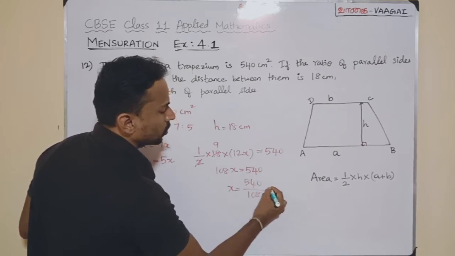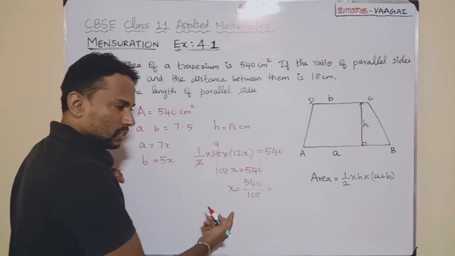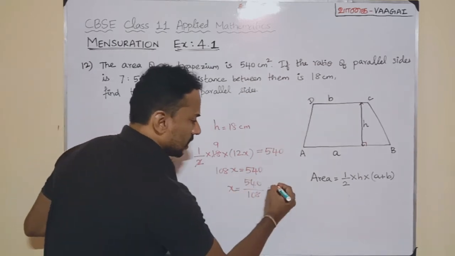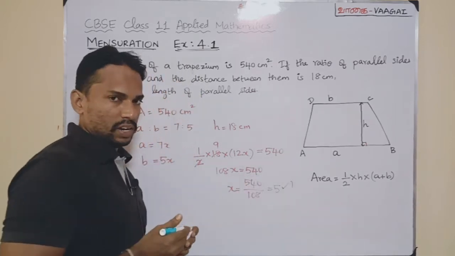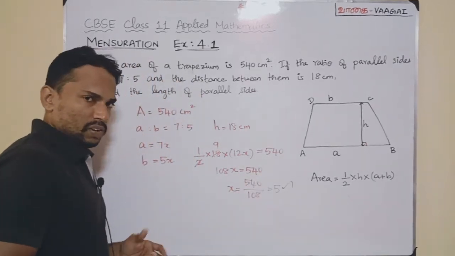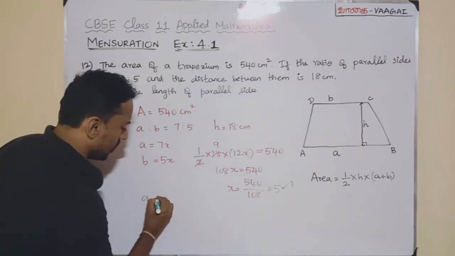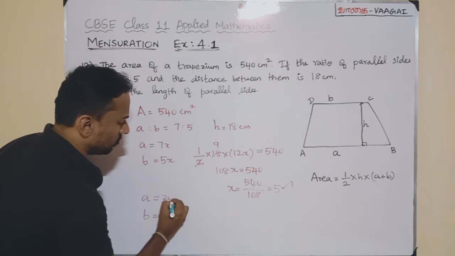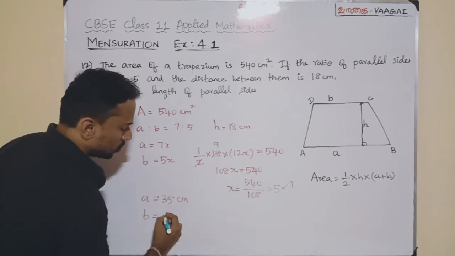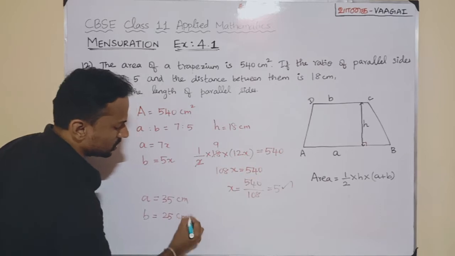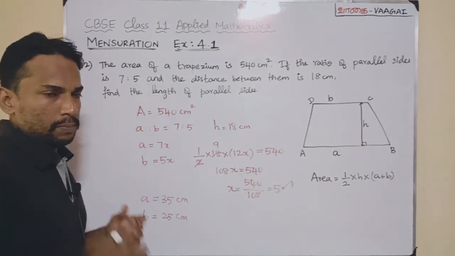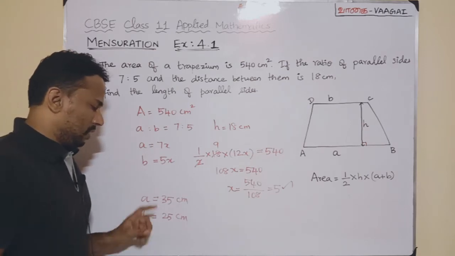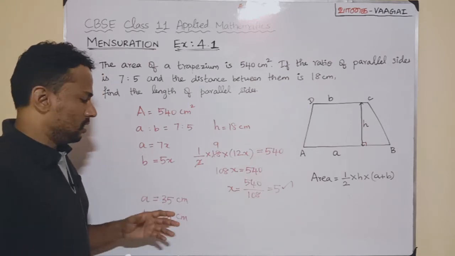So 540 by 108 will be exactly what? It's easy to divide. Just by looking at it we can tell. 1 5 is 5, 8 5s are 40, which means it's exactly 5. So x is equal to 5. This is what we are getting. Now the moment x is equal to 5, we can easily tell the values of A and B. A is 7x. So 7 5s are 35 centimeter, and B is 5x. So 5 5s are 25 centimeters. So the answer is A 35 centimeter, B 25 centimeter. These are the lengths of the two parallel sides, and this is the answer for your question